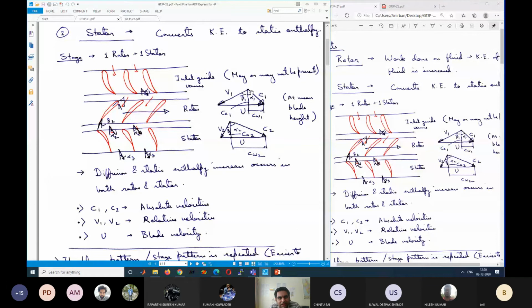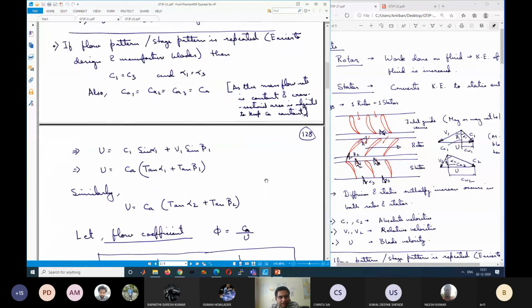So even if there is no inlet guide vane, C1 will become equal to CA. If there is an inlet guide vane, C1 will be defined, but CA is always kept constant. It's a very good question that you have raised. If CA is known by design, how we actually proceed in designing is not that we know the area already. For the first stage, we calculate at the exit the new pressure, temperature, and density. This will be the inlet for the second stage rotor. And mass flow rate is obviously constant; it cannot change.